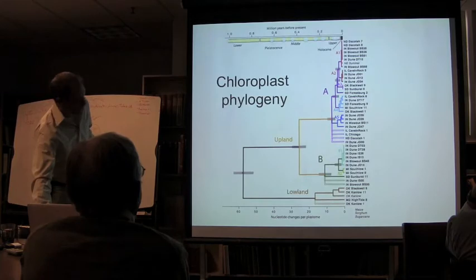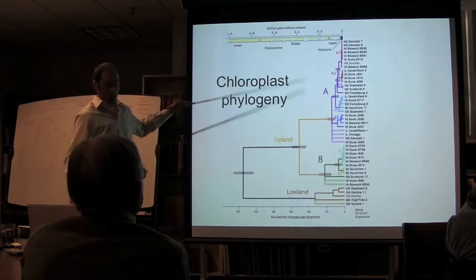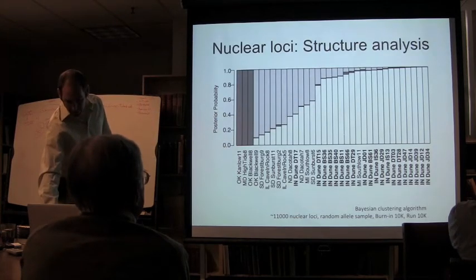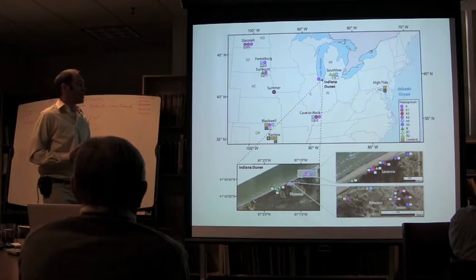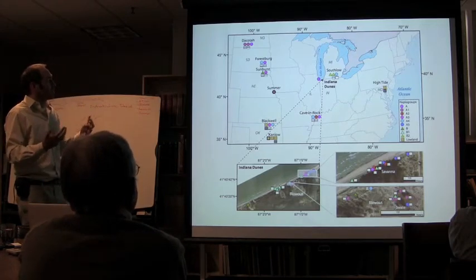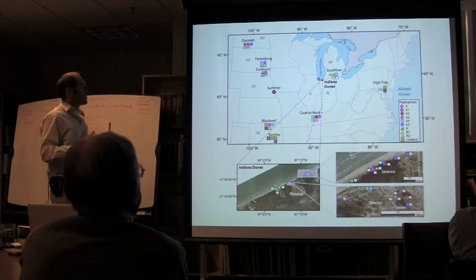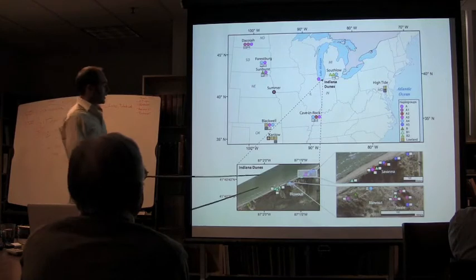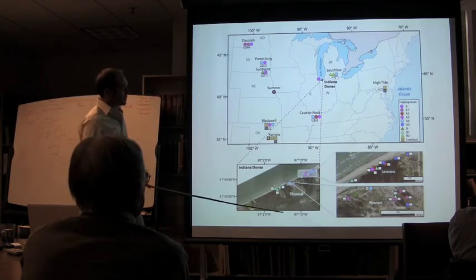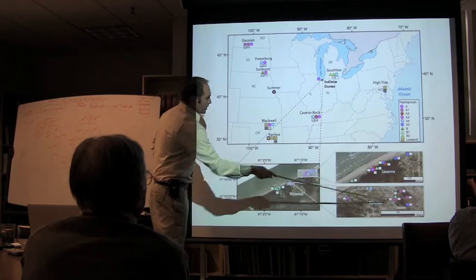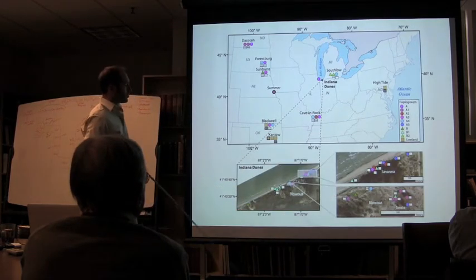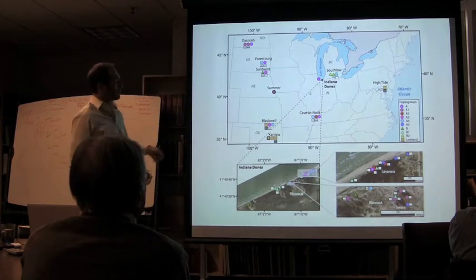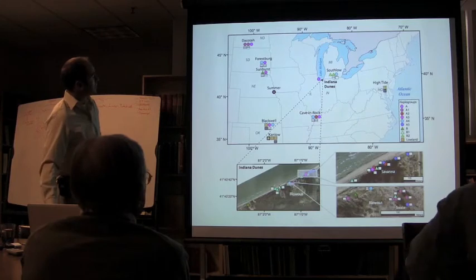And so these may have diverged long ago, but at the nuclear locus, they're starting to come back together, which is excellent for mapping variation. If their whole genomes are diverged, then you really can't get at the causative basis. But if there's deep ancestral diversity that is now being reshuffled in situ, and this is a very local population now, the nuclear genomes are relatively homogeneous, even though the chloroplast genomes have diverged. And plants that are basically right next to each other have chloroplast genomes that diverged half a million years ago.